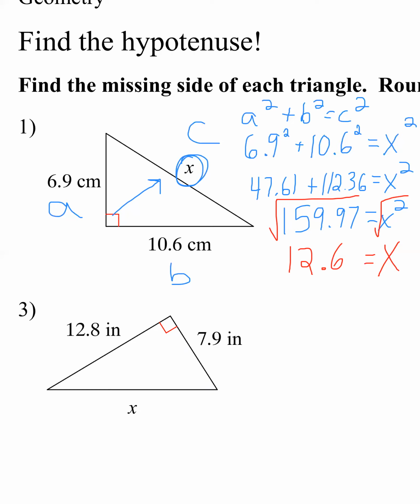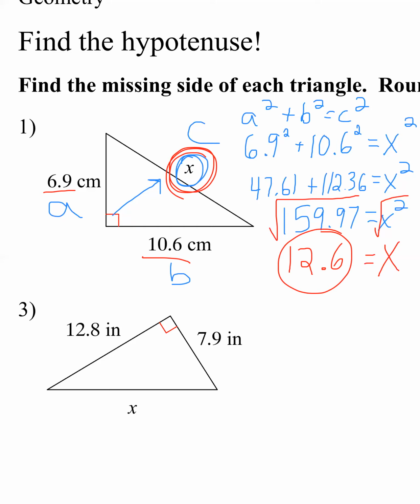A couple of things that I want to point out to you before we move on. Remember that I'm finding the hypotenuse, this side, and the hypotenuse is supposed to be the biggest side of the triangle. So before I even started, I knew my answer was going to be bigger than these two because I'm finding the biggest side of the triangle. So if this number had come out to be something that wasn't bigger than 6.9 and 10.6, I automatically know something's wrong somewhere, right? So if I got like 1.26, if I had the decimal in the wrong spot,